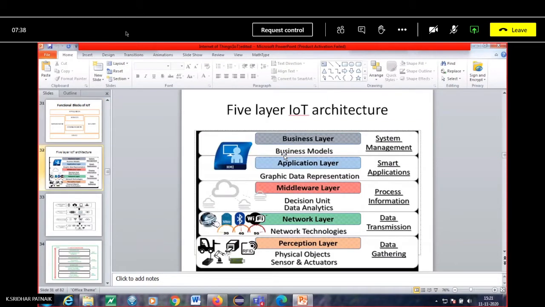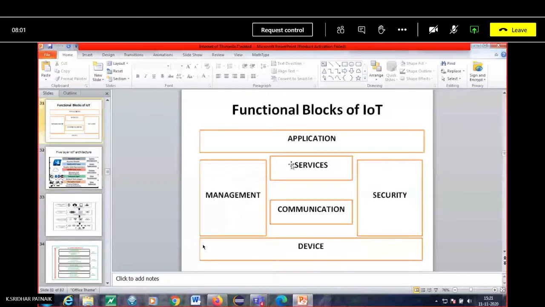Okay, so this is the representation in terms of basic network layers. This is called a 5-layer IoT architecture. In some books they call it a 4-layer. Here, in the perception layer, I've got the sensing devices. It is similar to what I have mentioned here. This is the same as this, but in the form of different